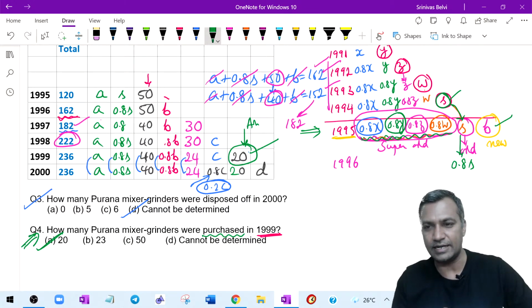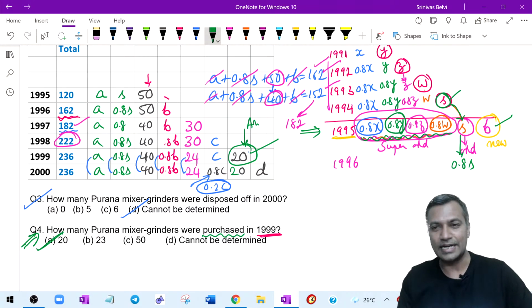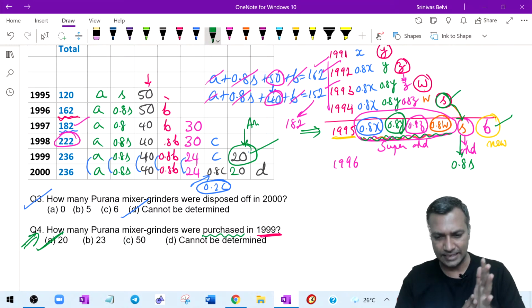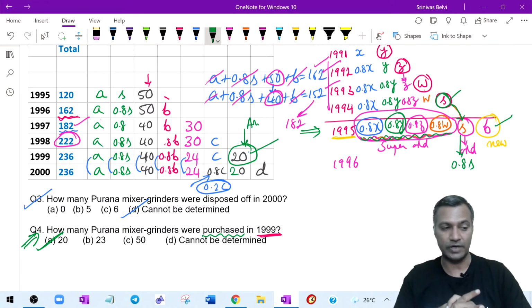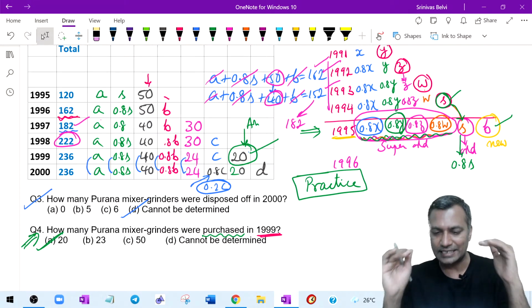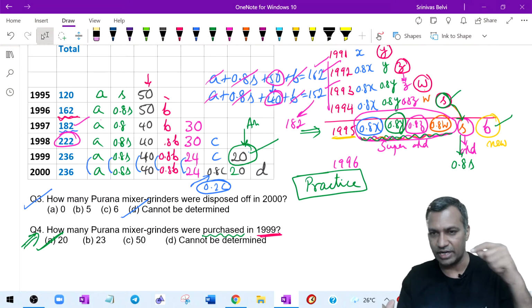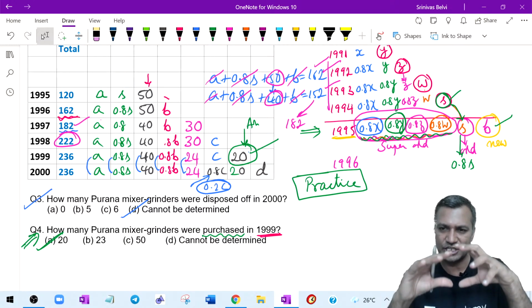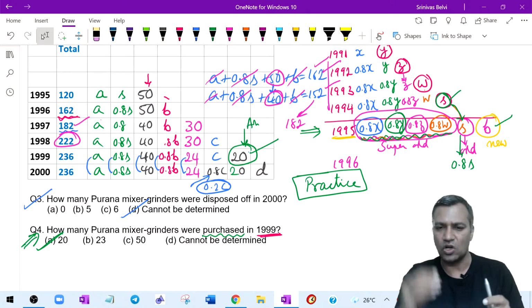That brings to the end of this particular set and end of the lecture as well, because we'll be left with 10-15 minutes. Doing another set will not make sense. So every time we come, we will try and discuss one beautiful logic like this, which will help. The point here is, after you do this, guys, please practice. If you want to practice this set once again, pause the video and practice it. Hereafter, don't simply try to get exposure to newer sets. What you have got to do is practice on your own, because despite exposure to all newer sets, CAT will always outsmart us.